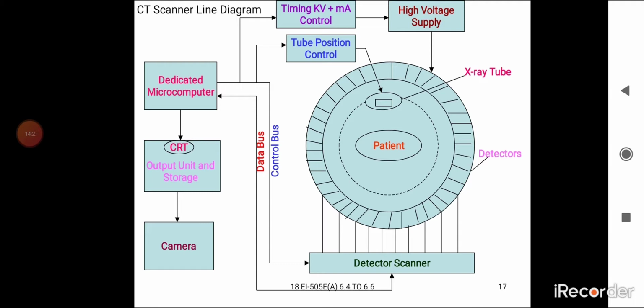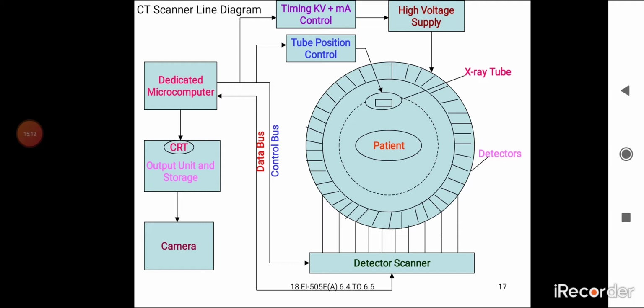The X-ray tube position can be controlled by the dedicated computer. The patient is examined by using a CAT scanner. The X-ray tube generates X-rays, which take 2D images, or 2D slices, whenever the patient is lying in the gantry to examine their organs.